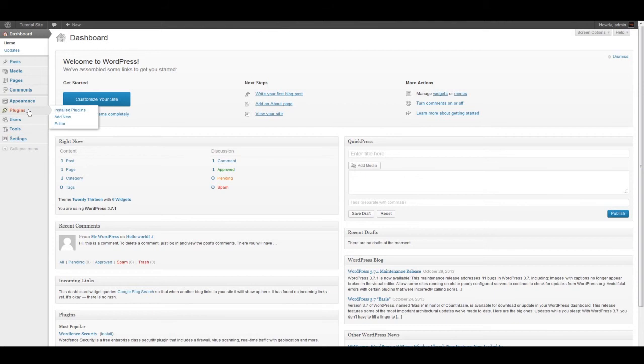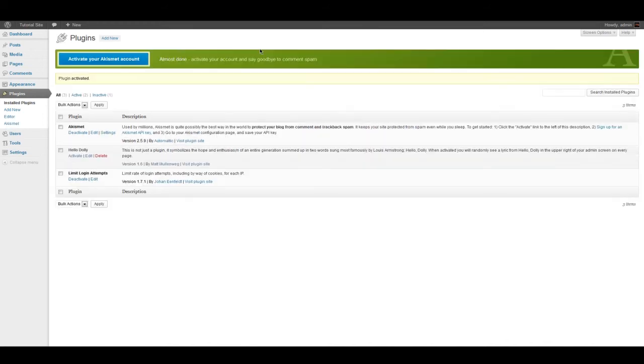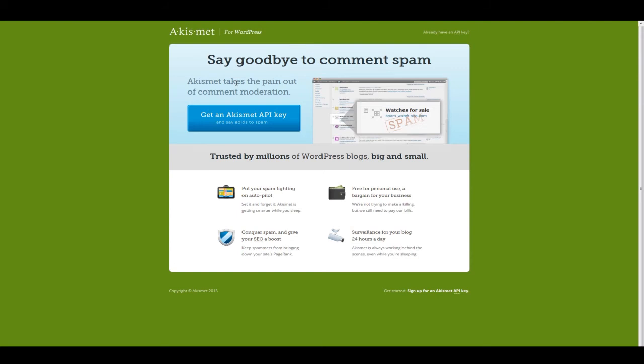Once you log into your dashboard, you come into plugins, installed plugins. Akismet is already in your WordPress installation. It's just not activated. So we come in here and click on activate, and a button comes up saying that you have to activate your Akismet account. So at the moment you probably don't have a key, but if you do happen to have a key from an old website or wherever, then you can always use this option here. But I'm going to go ahead and create a new Akismet key,